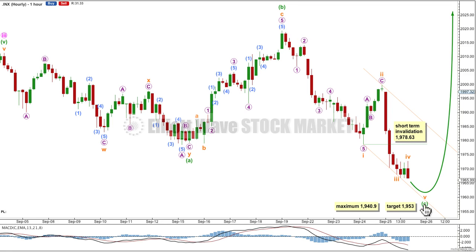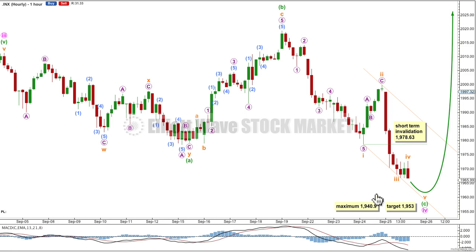So I think the target for this to end is best calculated at sub-minuette degree, especially seeing as there's no Fibonacci ratio between this third wave and this first wave. So the fifth wave will reach 0.618 the length of the third at 1953. The third wave also importantly is shorter than the first wave, so the fifth wave has a limit. It may not be longer than equality with the length of the third wave. The maximum limit is